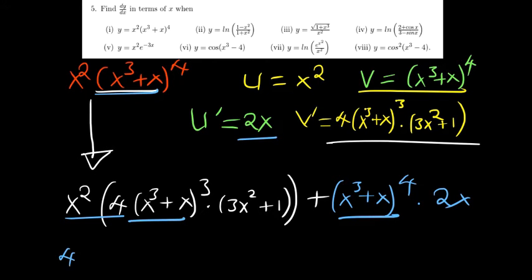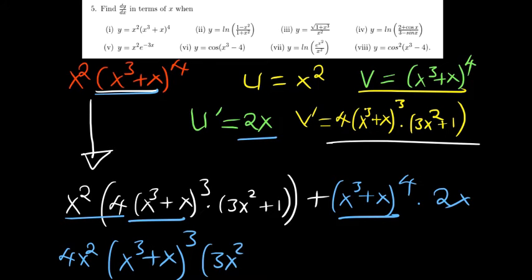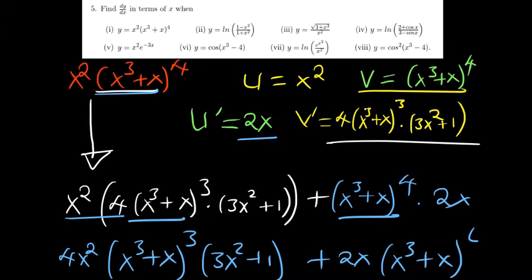So we have 4x squared, and then we remain with x to the power 3 plus x to the power 3, and then we have 3x squared plus 1 in brackets. Now the other part, we will have 2x and then x to the power 3 plus x raised to the power 4. So this is where we've ended,